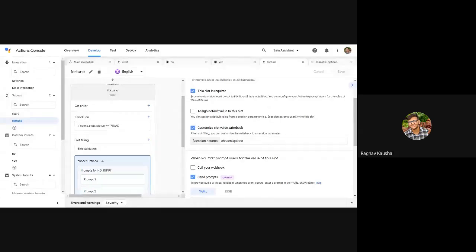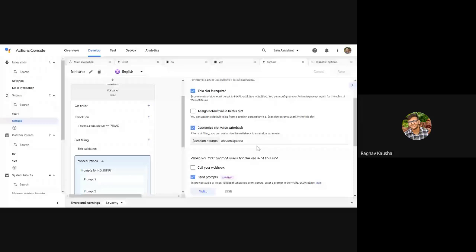Or in the command line, if you know what the command line is, there we also have to write the full path. Or watch this on the top: whenever we go to facebook.com and then your ID, it will be facebook.com followed by whatever your ID is, like Rahul Kaushal. So first it has to access facebook.com, then it will go to that ID. The same is here. First it has to go to sessions, then it will go to params, then it will go to chosen options. So whenever you have to access chosen options, you have to write it in full.